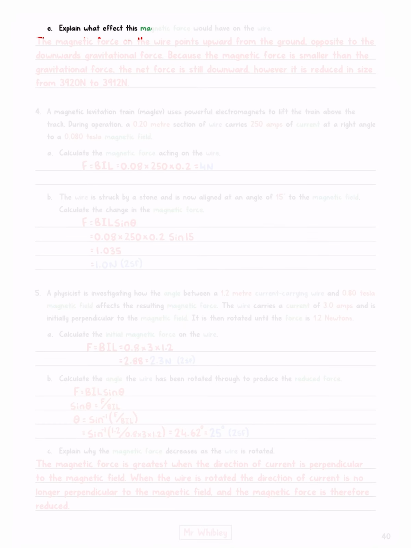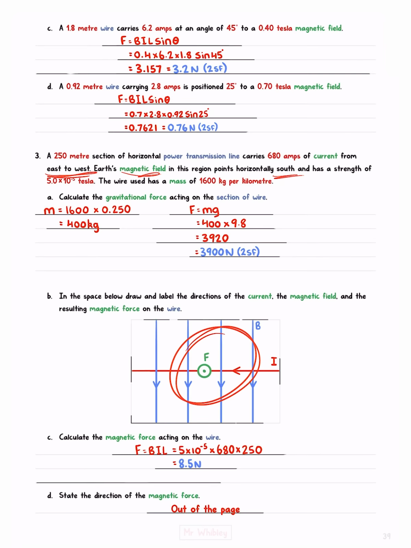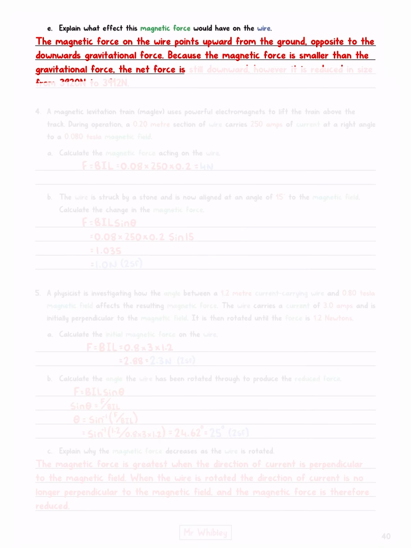Explain what effect this magnetic force would have on the wire. The magnetic force on the wire points upwards from the ground, opposite to the downwards gravitational force. Because the magnetic force is smaller than the gravitational force, since we found our gravitational force to be 3,900 and our magnetic force to be 8.5, the net force is still downward. However, it is reduced in size from 3,920 to